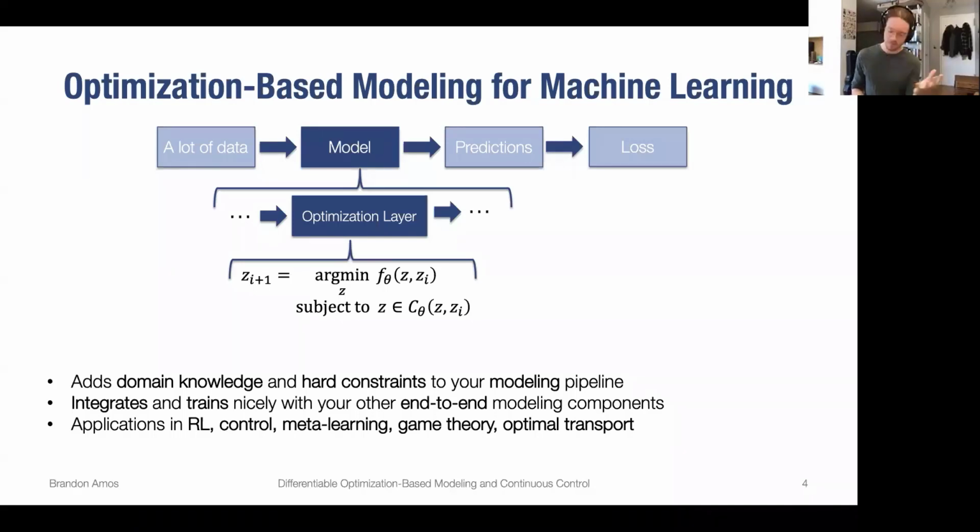So the push for optimization-based modeling is based around this idea that you have some structure that you think you might want to have in your problem, and you want to learn parts of that you don't know, like for example, the parts that are coming from vision or some other high-dimensional space. But you want to keep this reasoning component internal on top of the learning that you're doing. And I'll quickly talk about some of the more concrete applications of this in RL, control, game theory, and beyond.